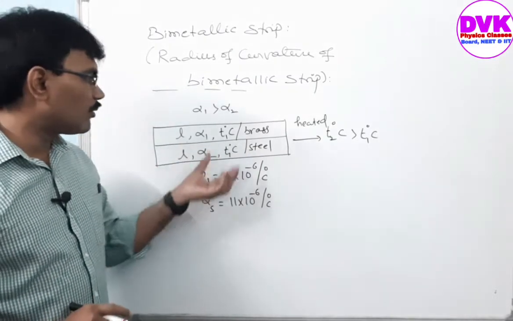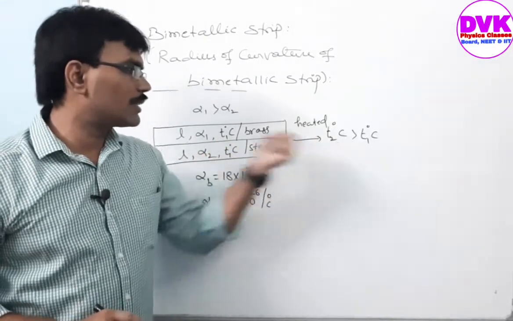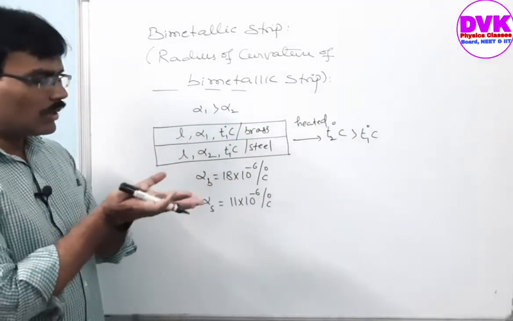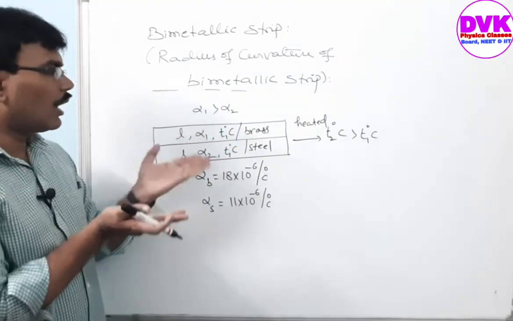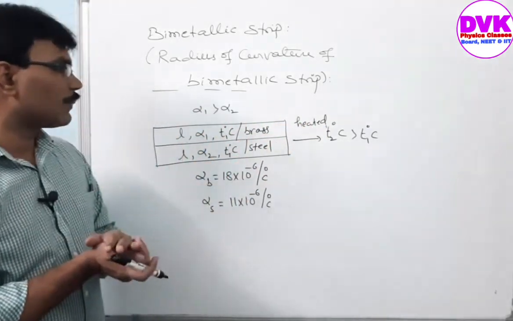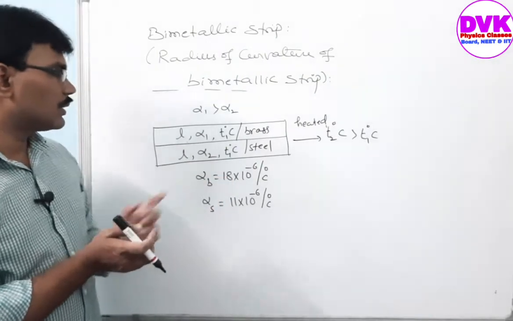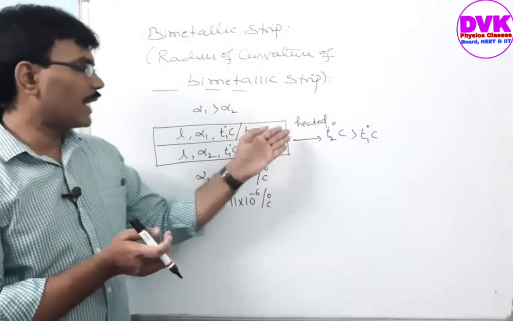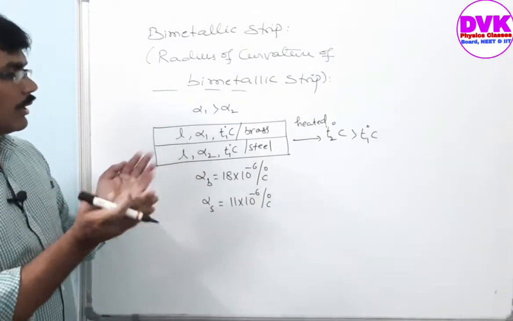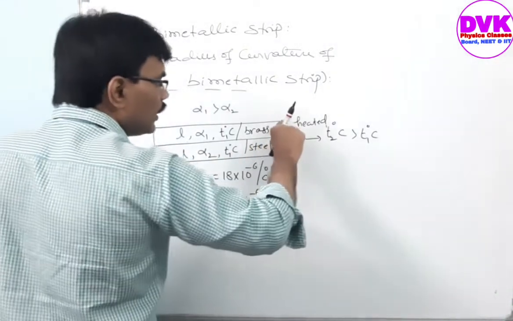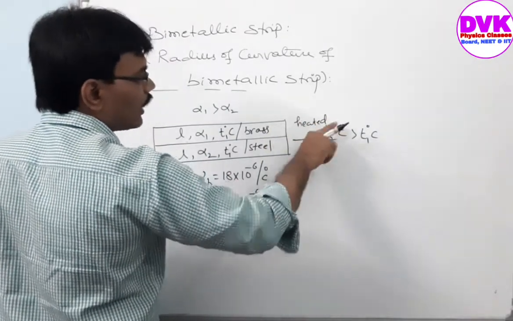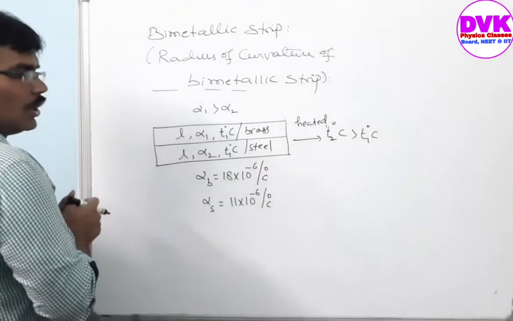Whenever we heat this metallic strip to T2 degrees centigrade, this one expands more than that one, but both are welded like a single structure. This one has to show more increase in length and that one less, because their alpha values are different. Since alpha of brass is greater than alpha of steel, brass expands more than steel. Strictly speaking, brass should go like this and steel like this, so one length would be higher than the other. Is that actually happening? No, it is not.